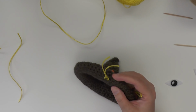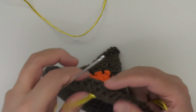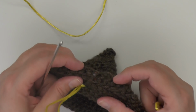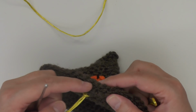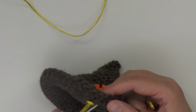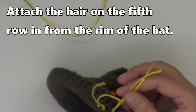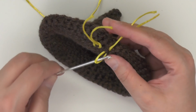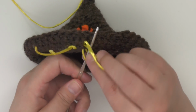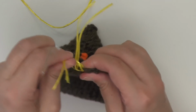So I went into one stitch. Let me get closer now. I went into one stitch here, and this is where the fold of the hat happens. This is the 2 rows of that. I folded it over, and then I went in 3 rows deep. 1, 2, this is the 3rd row in, and I was going along that 3rd row. Pull a loop through the stitch like that, and then, it's hard to work with this stuff, pull it through that loop that you make, and then just try to tighten